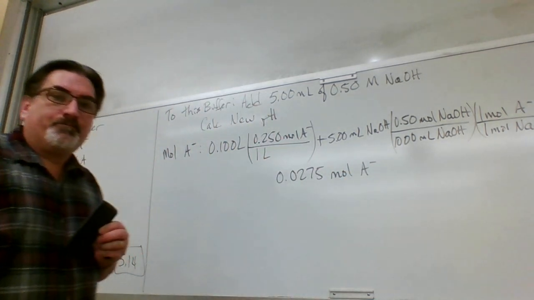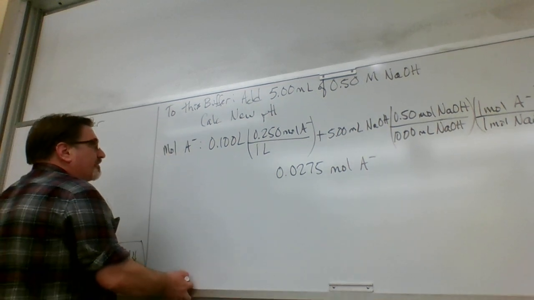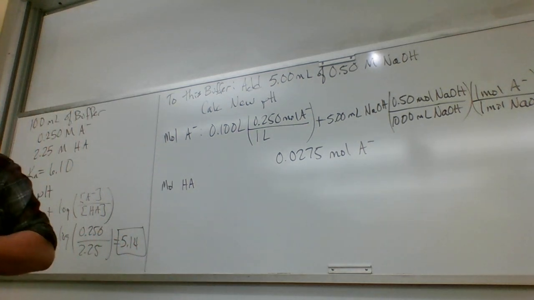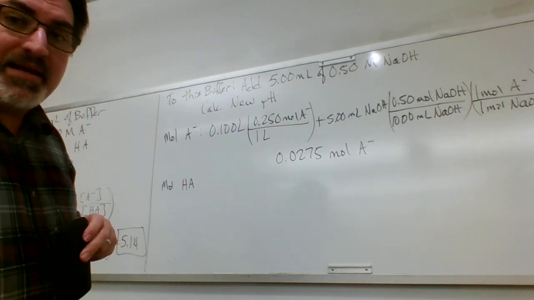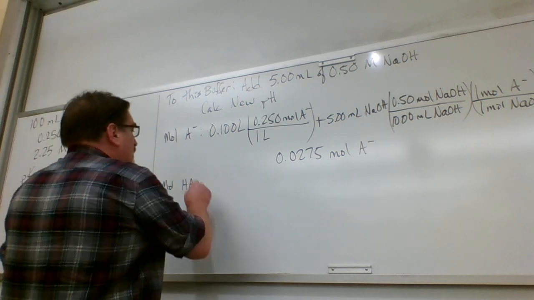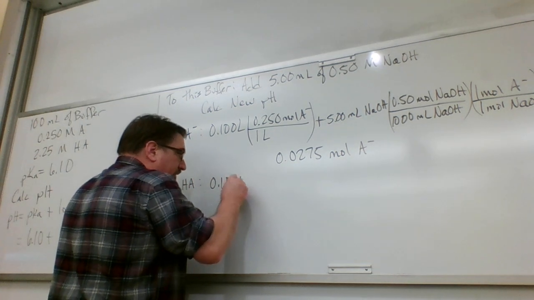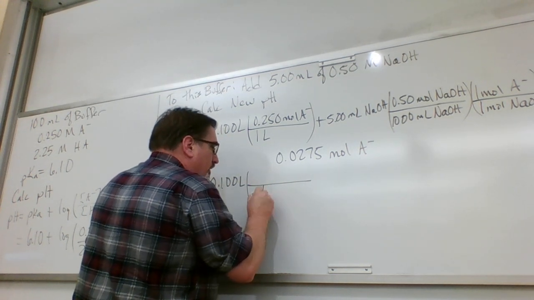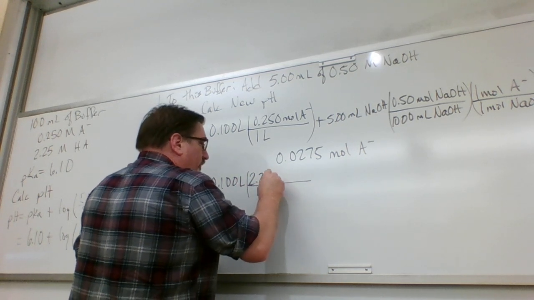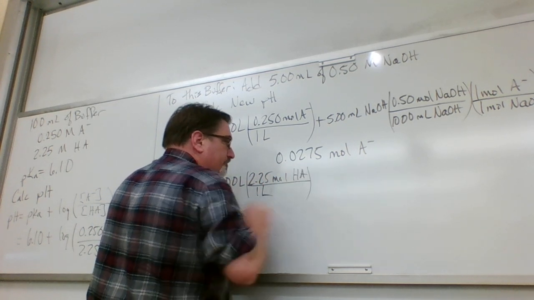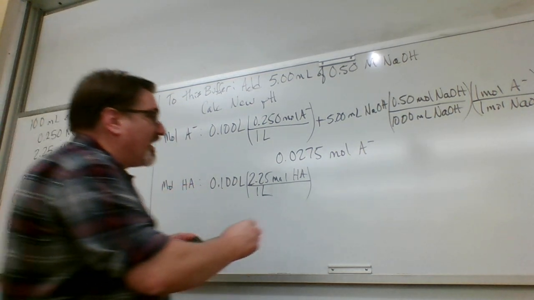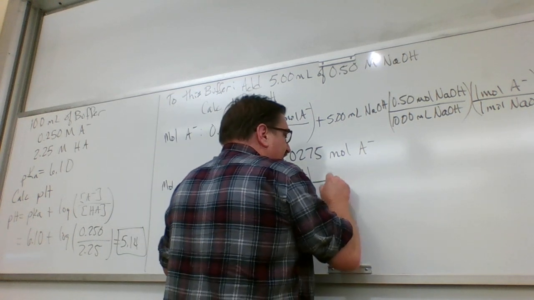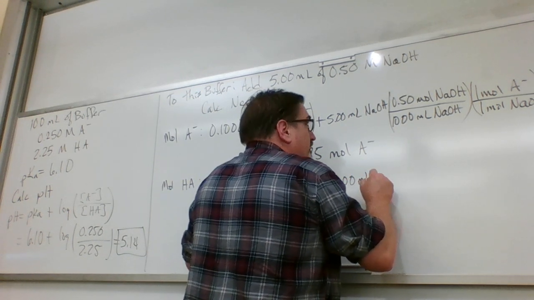Moles of A minus right now. Repeat that calculation for moles of HA. The moles of HA are going to decrease because we added a base. That base is going to remove some moles of HA. So we started out with 0.100 liters of solution, and every 1 liter of solution, we had 2.25 moles of HA. So that's our starting amount of HA. Now we're going to be subtracting some HA because of the addition of the base. So minus 5.00 milliliters of NaOH,